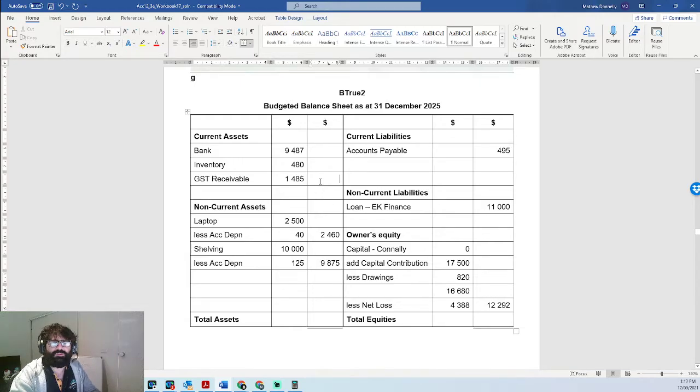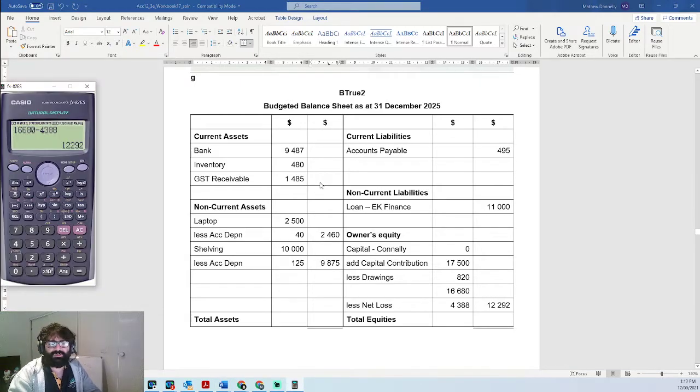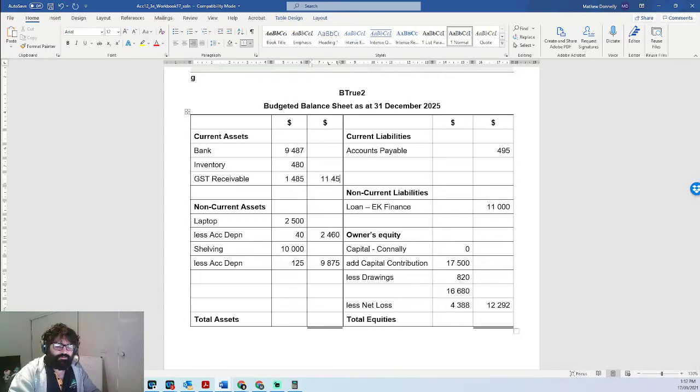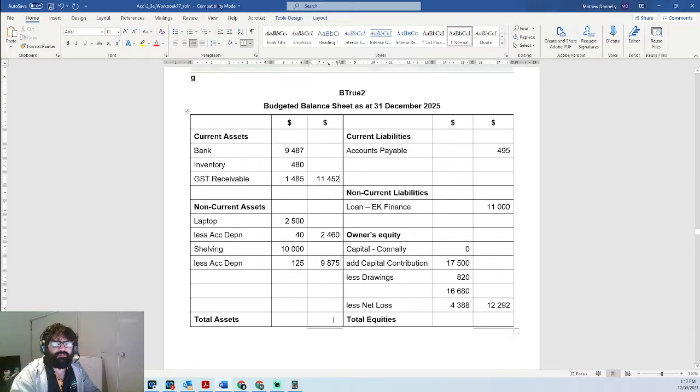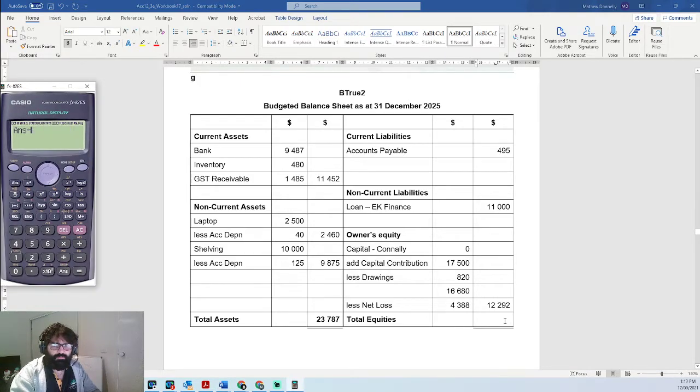And then we need to just do a quick addition over this side. 9487 plus 480 plus 1485 is 11452. 11452 plus 2460 plus 9875 is 23787. Now we're just going to go minus